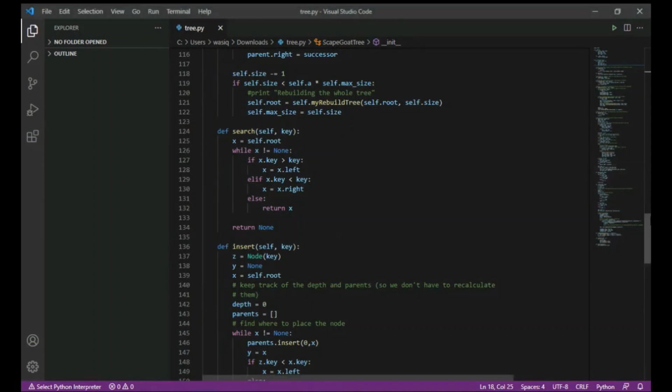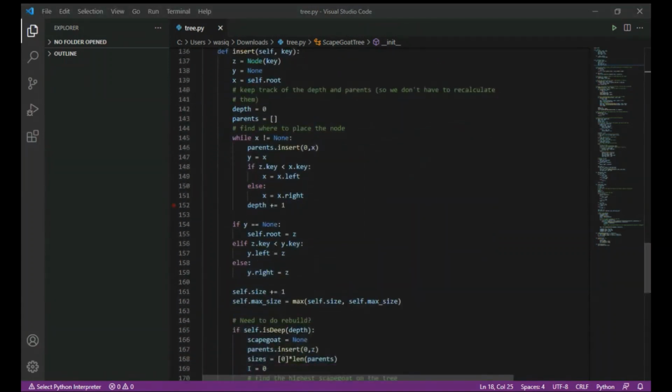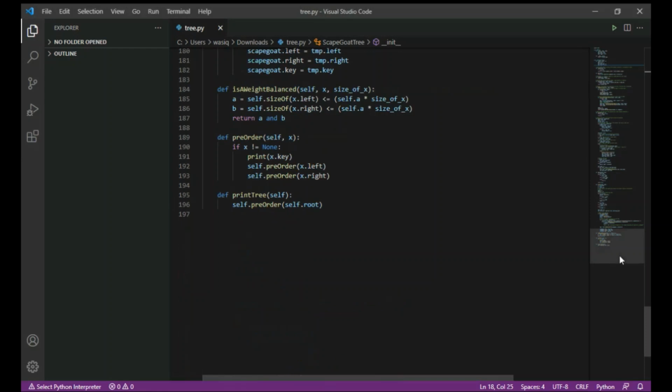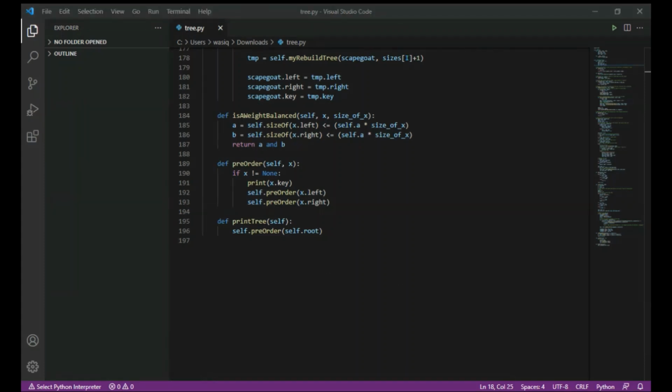The most important function of the whole code is the insert function itself. It stores the given data in the form of a node. It checks for the need for balancing of the tree and rebuilds it if necessary using the alpha value that we provided earlier, and calls other functions like isDeep or rebuild tree inside it. The other function that is not so necessary but comes in handy is the print tree function, which just prints the contents of the tree in the pre-order way. I will hand it over to Amar, who will explain the OCR functionality and the timing analysis between different data structures.